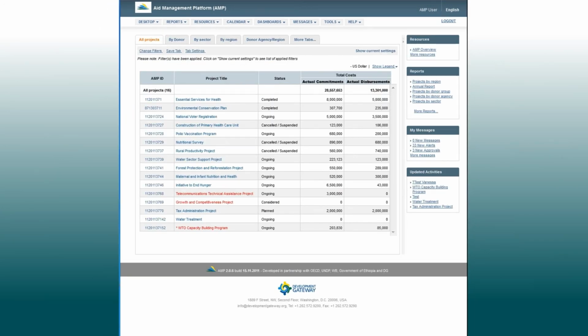For countries that already have data in other systems or spreadsheets, the AMP team can migrate this information into AMP. AMP can also be integrated with existing systems to add new features like flexible reporting and monitoring and evaluation tools that might not exist in other systems. And because AMP is web-based, it can be securely accessed from anywhere.